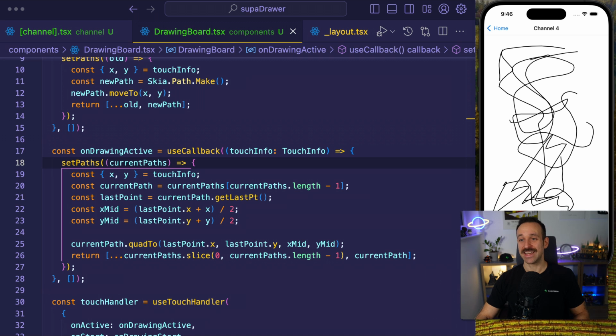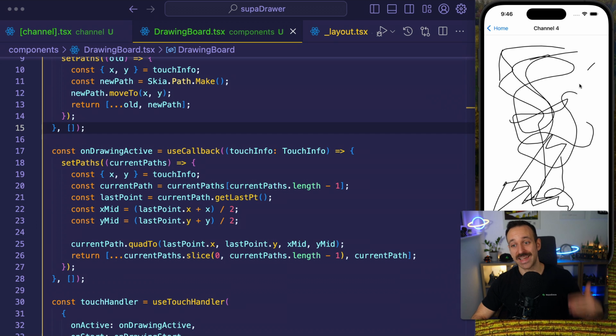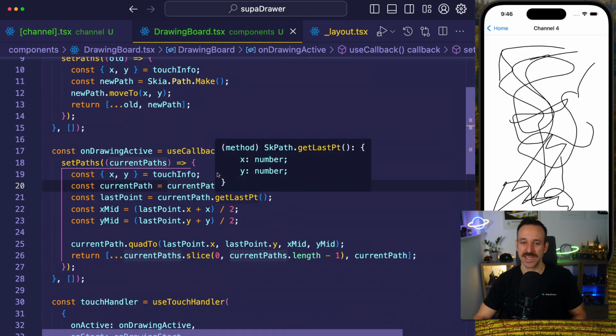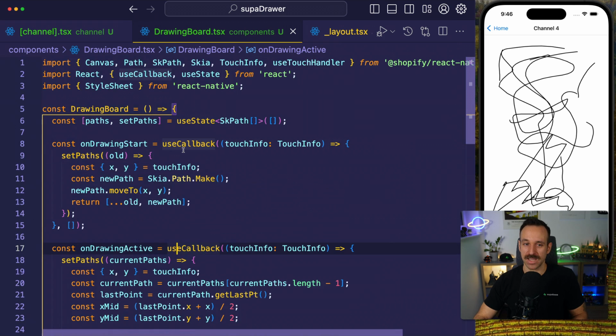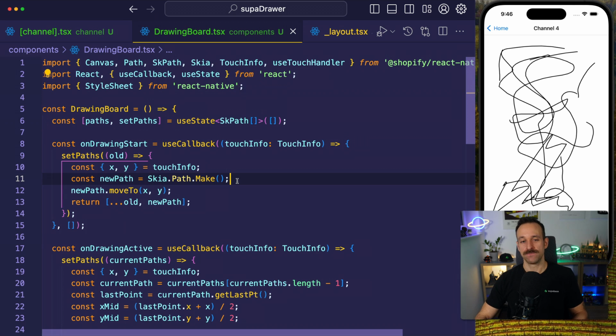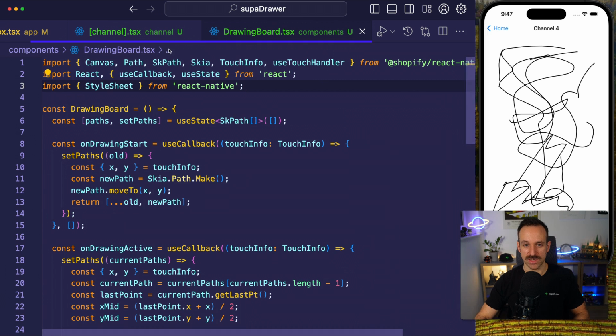Now, at this point, we want to talk about multiplayer. How can we bring in another person and another person's drawings into our application? And this is actually going to be somewhat challenging. So I want to start by basically broadcasting the events. I want to try to put these into their own components so we can see